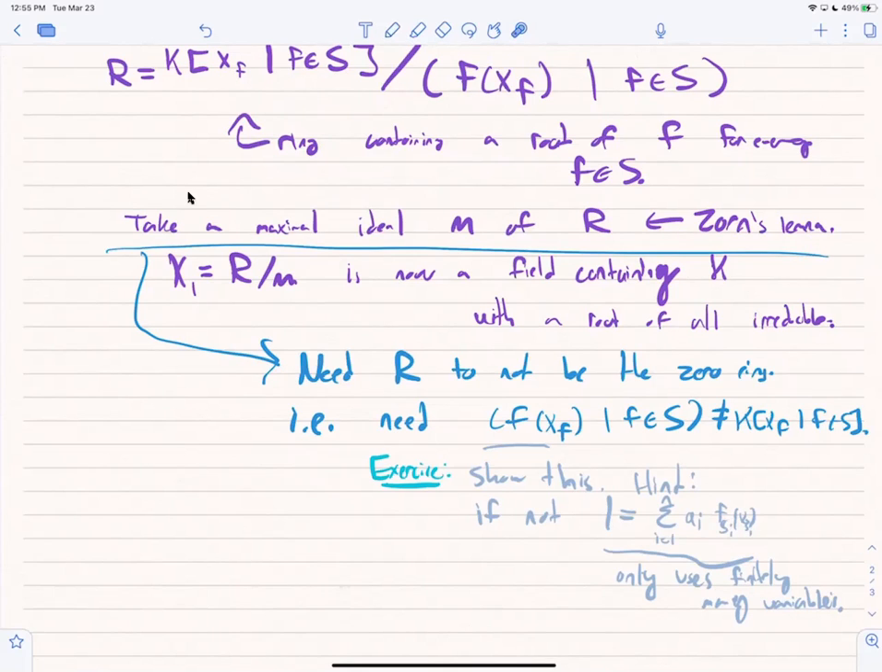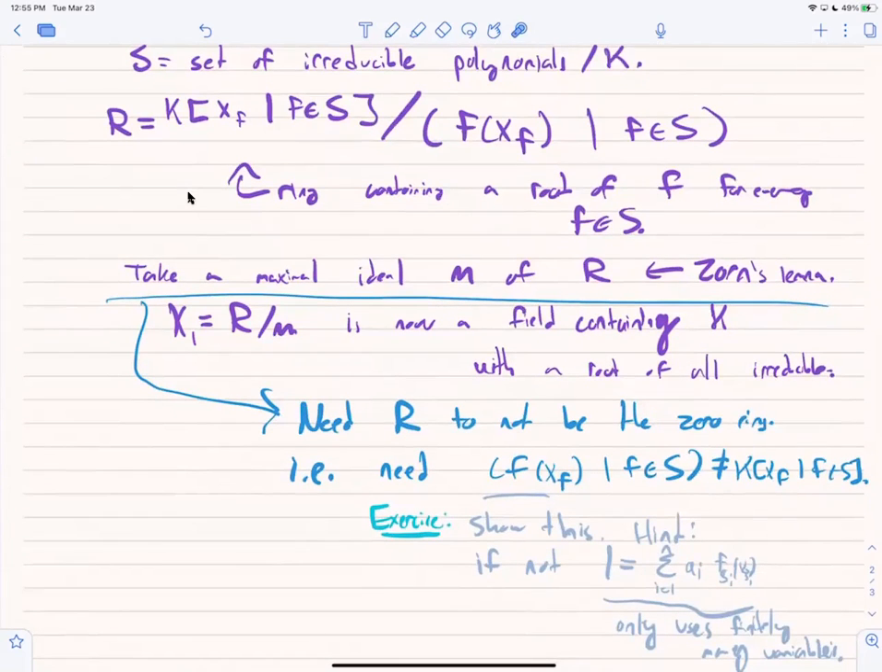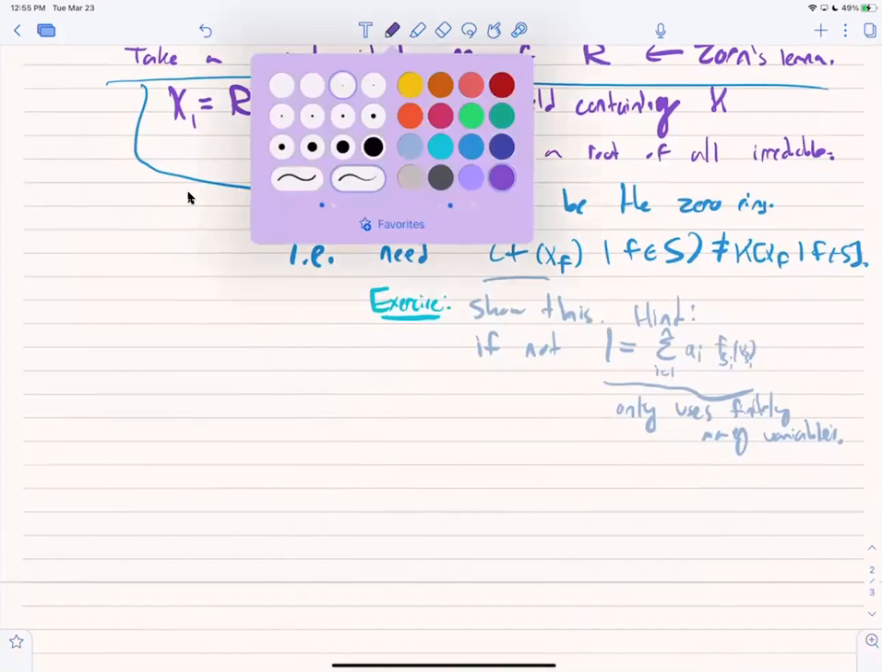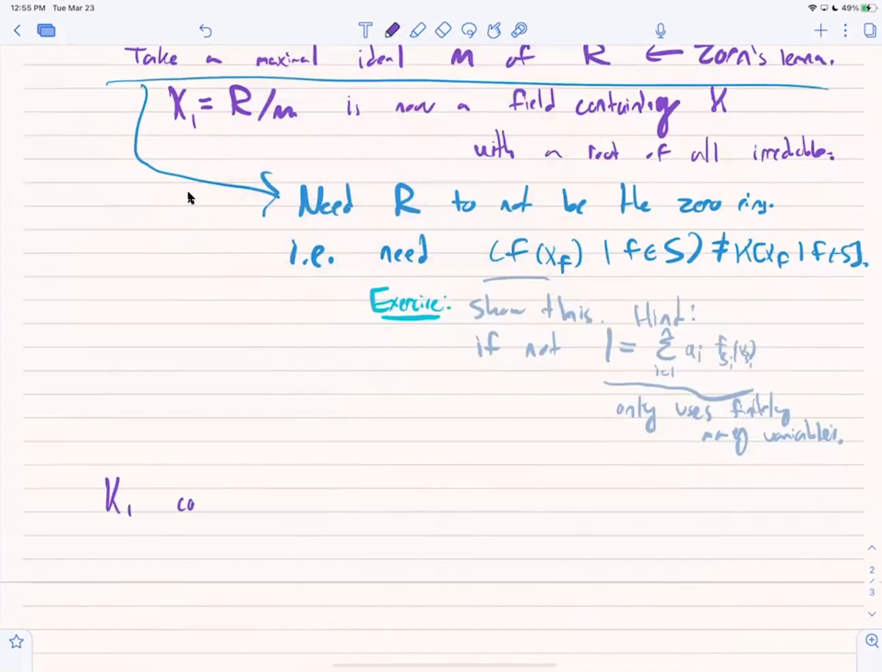And this proof is written down in Dummit and Foote, so if you get stuck here, you can always look it up. Okay, but once you've checked that point, then you really get a non-trivial maximal ideal M in this non-trivial ring, and then you get this field K1, which has a root of all irreducible polynomials. So K1 contains a root of every irreducible